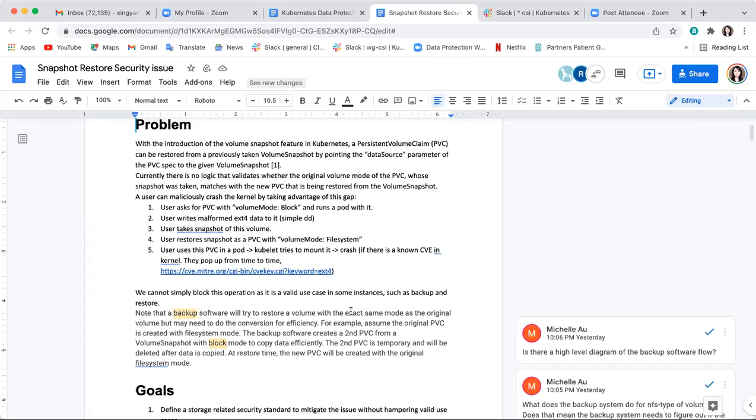It's not going to blindly mount; it is going to FSCK first. Maybe. It depends on the CSI plugin. Yeah, and even if you do FSCK, there were some CVEs where FSCK was okay, and you can still crash the kernel.